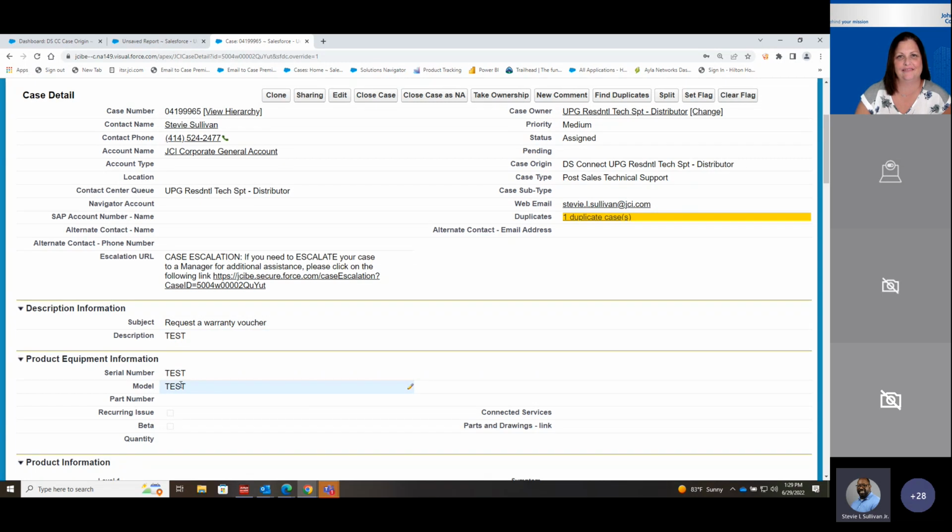And I'll show you those emails. But doing the DS Connect case allows those fields to be pre-populated in our case, so we can really work these cases a lot faster. The difference from getting the email compared to doing the DS Connect case, you send an email and now each